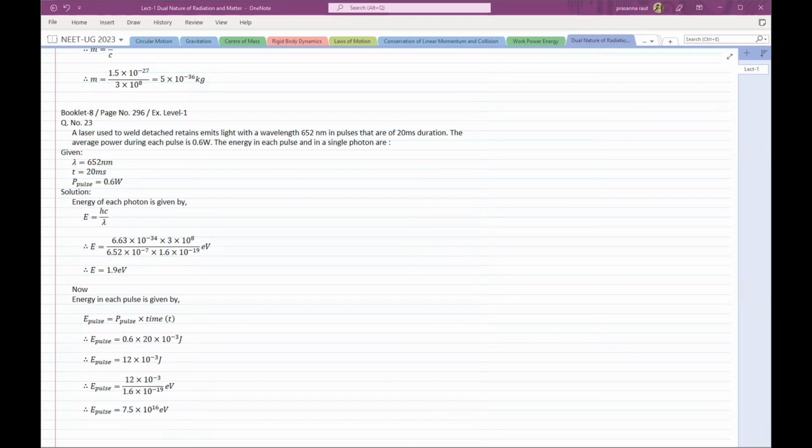Now we'll have to solve more problems of this kind. So what I want you to do is, at least try the level 1 photoelectric effect problems first, graphs and so on. In the next lecture we'll discuss those problems first, okay? And after discussion of problems we'll move to the next part, that is